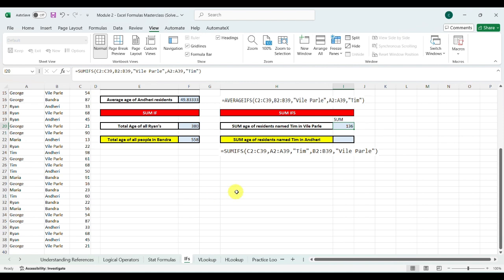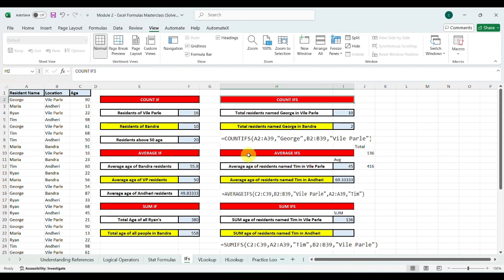Here I want to show you one thing. In the formula I have written, I have searched for Tim first and Ville Parle later. But it's criteria, my dear friend. What happens with SUMIFS is that Excel's algorithm starts searching: first this column, sum of age, and this column, resident name, Tim.